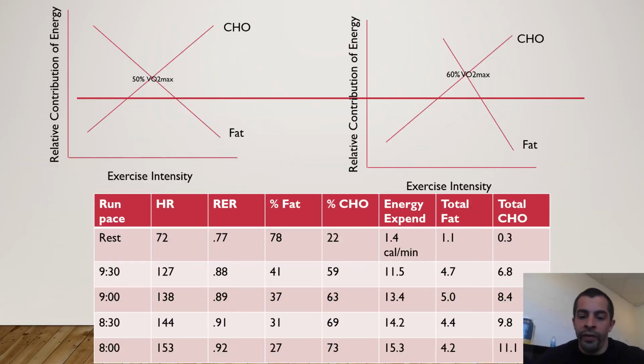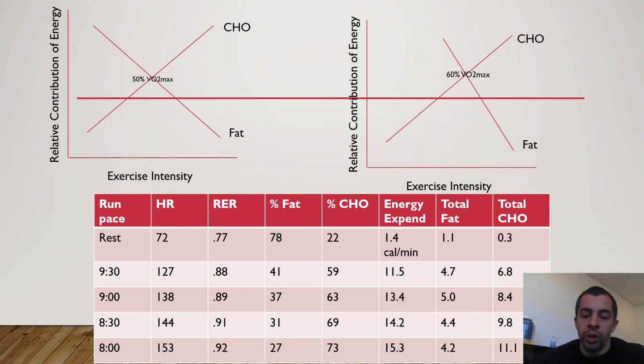So the graphics at the top, okay? Sorry for the line, I thought I deleted that. But the graphics at the top, right? You guys have seen this already, where I talked about as exercise intensity increases, carbohydrate utilization increases. So let's just look at the graphic on the left here. When exercise intensity is very low, let's say our exercise intensity is 30% VO2 max,